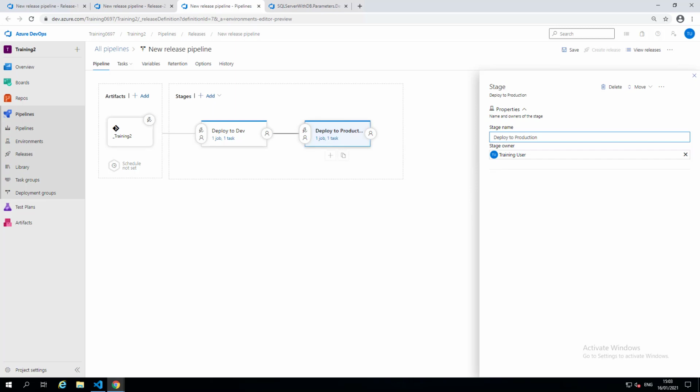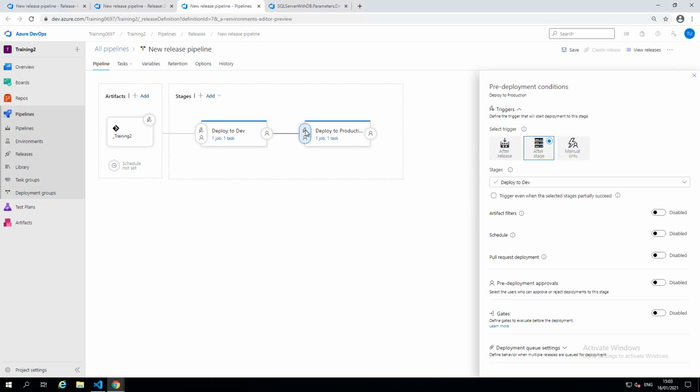Okay, and then let's look at the triggers for that as well. So the triggers, it will complete after the previous stage. And what we can also do is set an approval. Okay, so we can set it to manual as well. But let's add a gate to it. So we'll put an approval gate. So we click on that again.